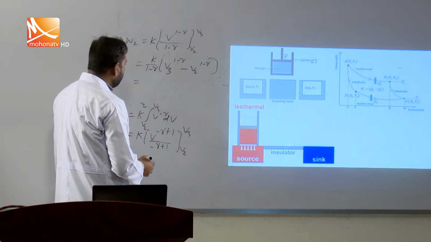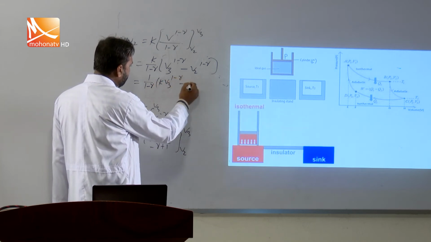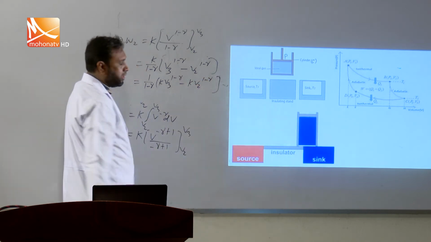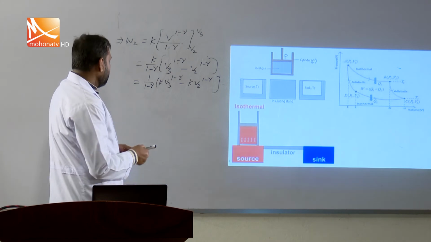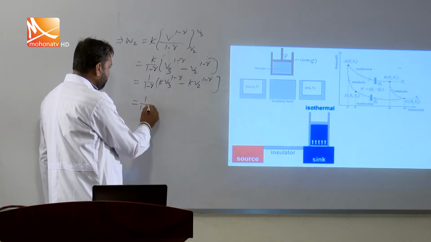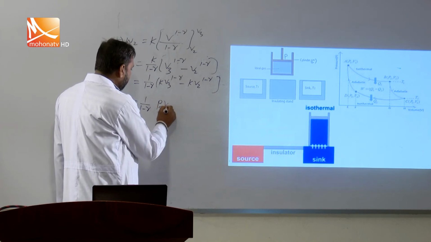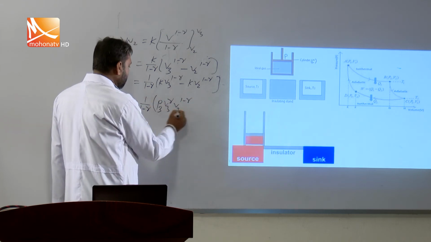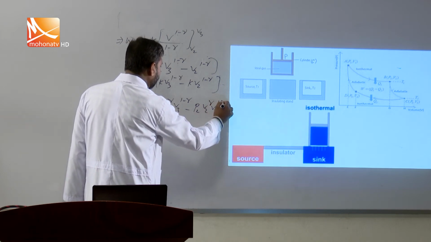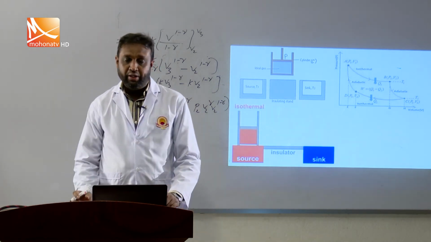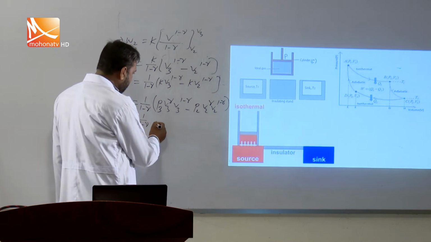Now multiplying K inside by 1 minus gamma: K V3 to the power 1 minus gamma minus K V2 to the power 1 minus gamma, equals 1 divided by 1 minus gamma, P3 V3 gamma V3 1 minus gamma minus P2 V2 gamma V2 1 minus gamma, since according to the law PV gamma is equal to a constant, equals 1 divided by 1 minus gamma P3